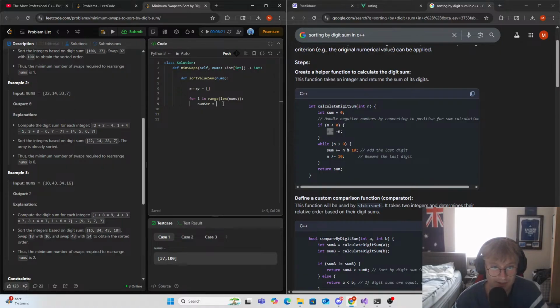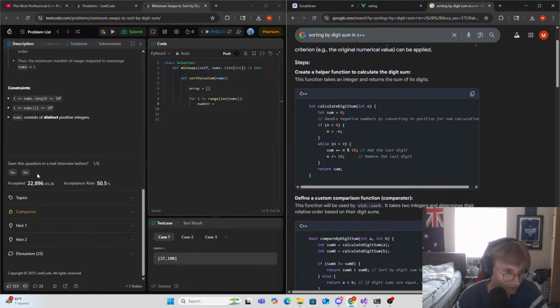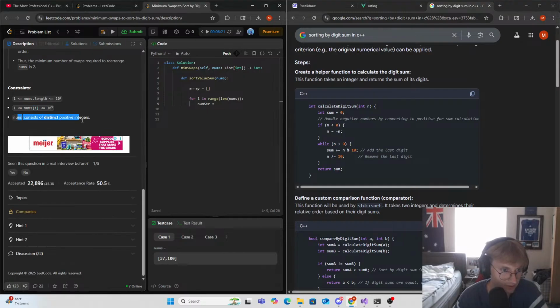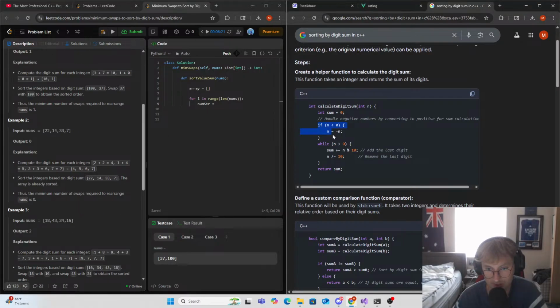Yeah, that's what I assumed. So I probably have to do it this way here, right? I don't think we're dealing with negative numbers anyway, because this would directly be positive integers, so we don't even need this here. We just need the sum while n is greater than 0. Sum plus equal to n%10, add the last digit. See, I didn't know about that little function there, but